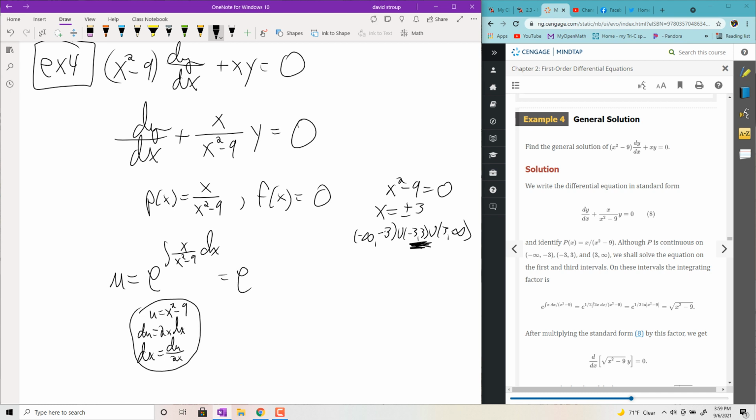So I can rewrite this as e to the integral of x over u times du over 2x. That'll be e to the 1/2 integral of du over u, which will be e to the 1/2 ln absolute value of u. Back subbing, it's x squared minus 9. And here is where I'm going to use the fact that I'm in this middle interval to rewrite it. If you think about it and go through the analysis, you'll find that the absolute value of x squared minus 9 is going to be equal to 9 minus x squared